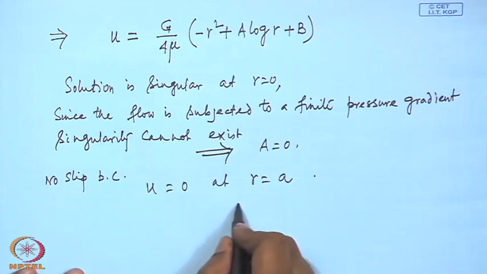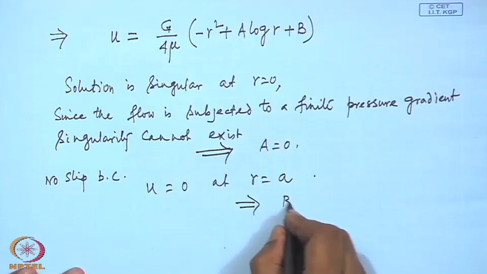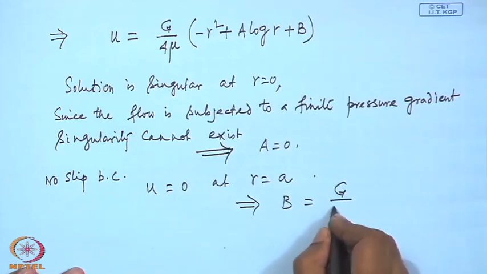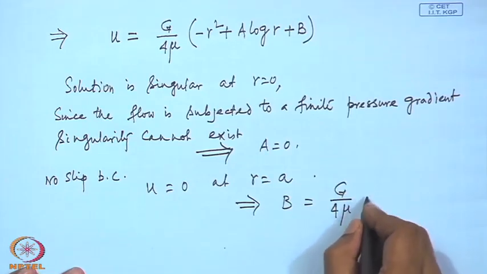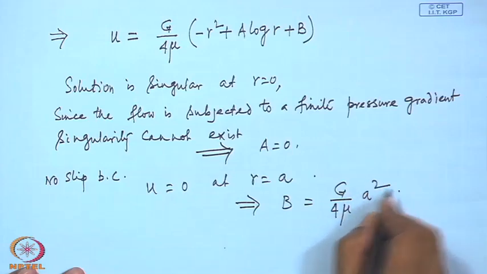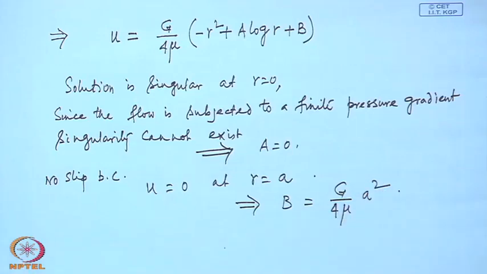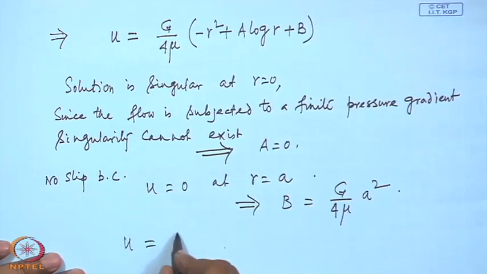This gives B equal to G by 4 mu, and hence finally we can write the solution to be u equal to G by 4 mu